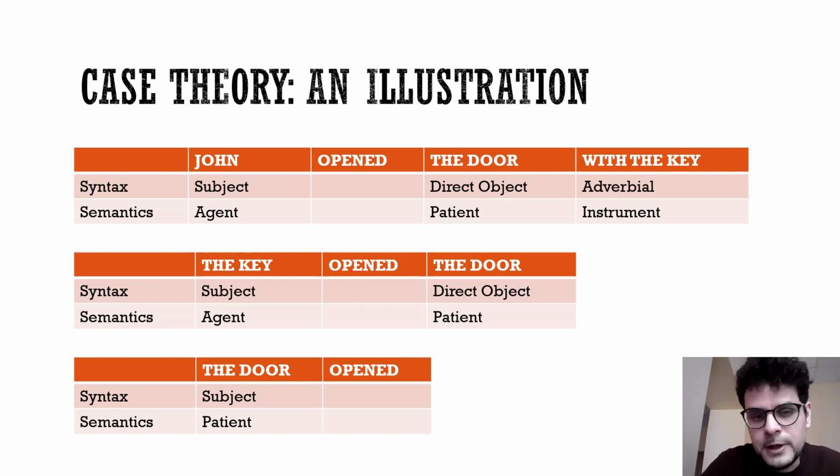So we have three sentences that are similar in the event they construe, but of course it's construed in different ways. The first sentence would be John opened the door with the key. The second one would be the key opened the door, and the third one, the door opened. As you see, the central core meaning of the sentence is the same. There is a door that opens. However, as we go to the bottom of the slide, there is less and less explicit information being provided.